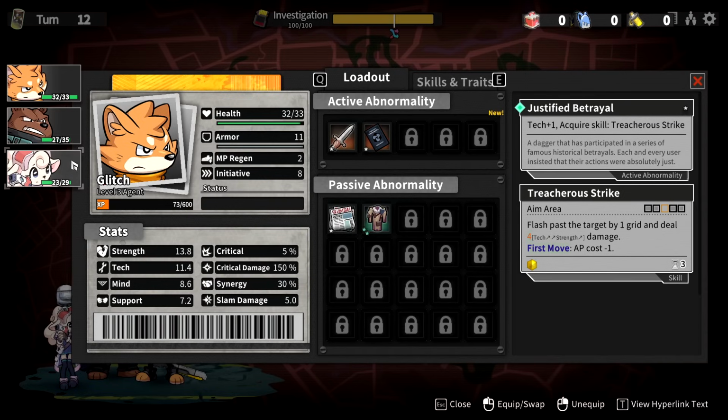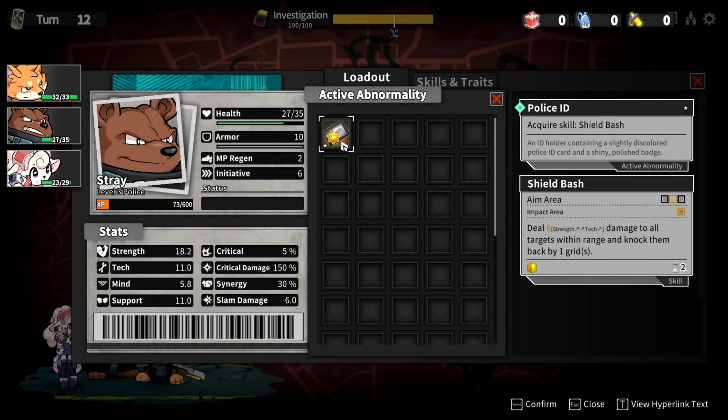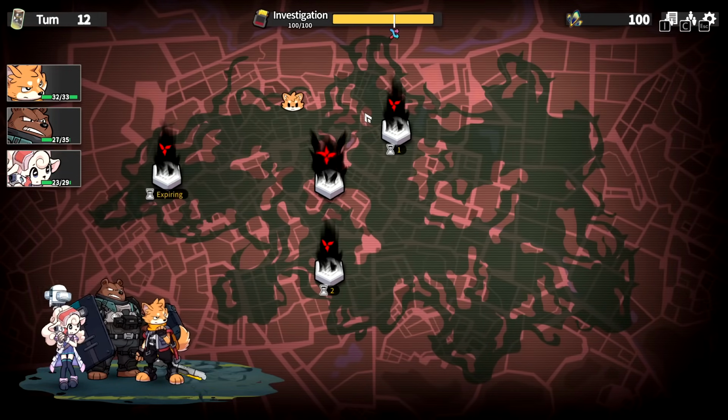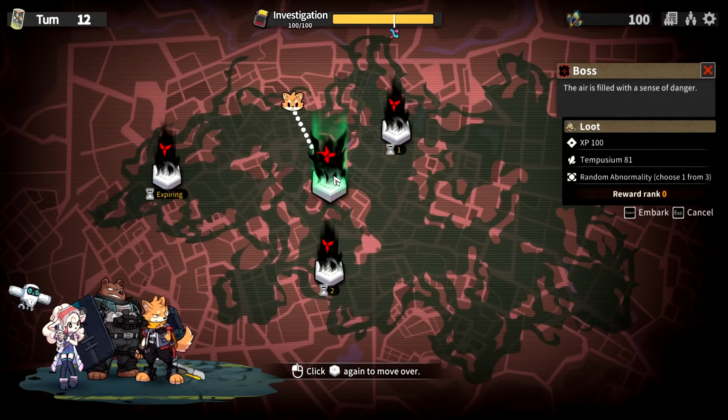Sorry, I just clicked out of the game. You all have your abilities. I should put those all onto you. Those were our class abnormalities that we had. Should we just fight the boss? I feel like this is probably, while